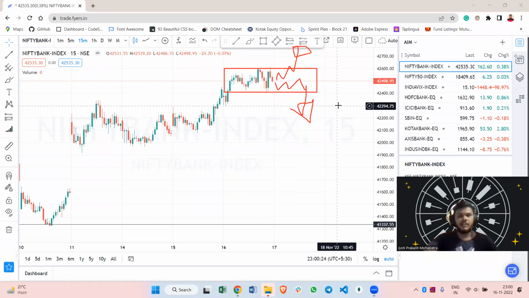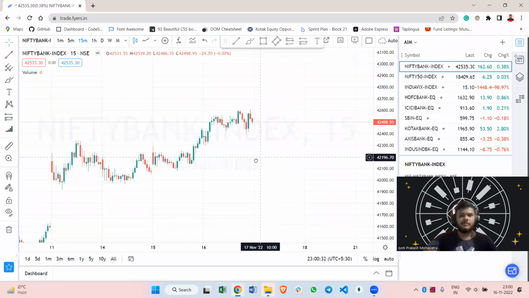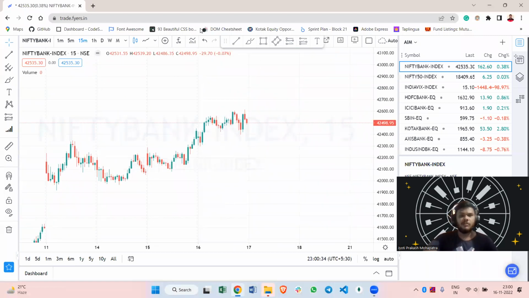And we can set our target to 42,300 to 42,150. Okay. And if the market tomorrow opens a gap up and if it opens above around 42,800 or 40,700, and after that if it shows any negative movement there, then we're going to take a trade for selling, and the stop loss will be the high of that 15-minute or 5-minute candle. And you can set the first target to 42,600, the next target we can set to 42,500, and the third target will be